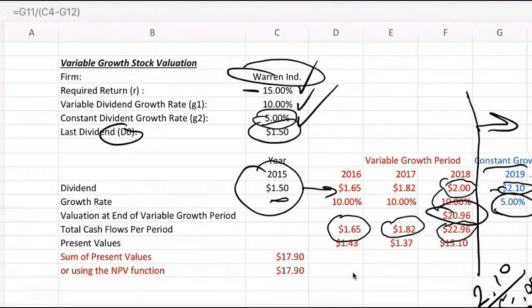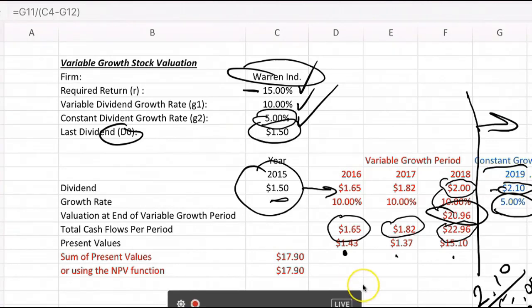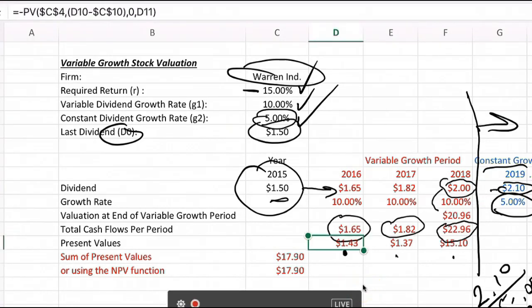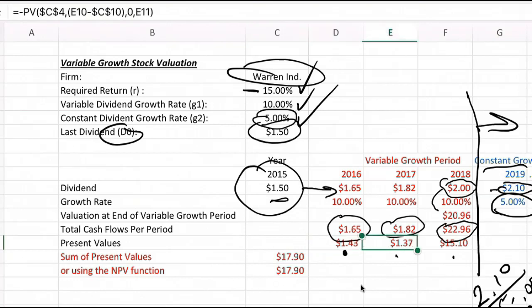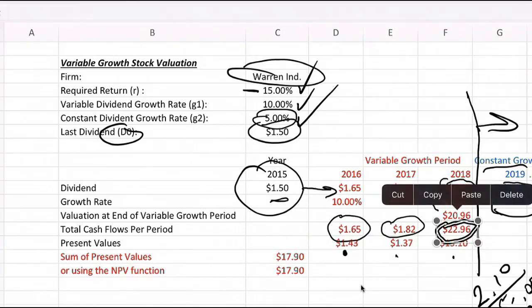And then we calculate the present values of each one of those cash flows. So for example, 2016, that's simply the present value of $1.65 over 1 year, discounted at our required rate of return of 15%. We do that for each period,